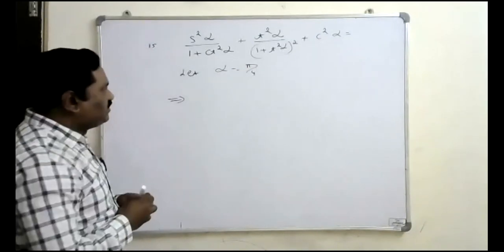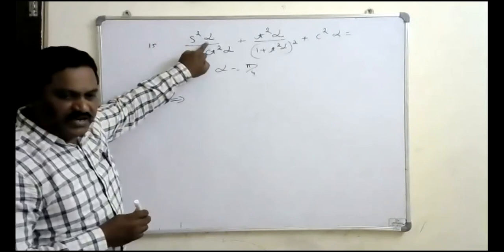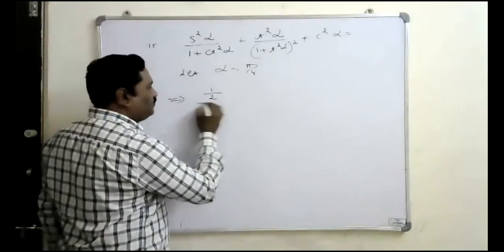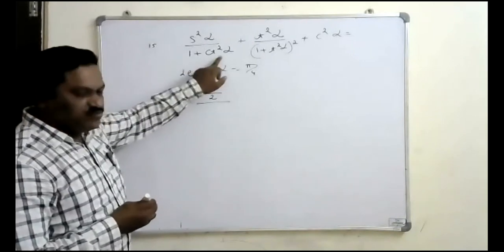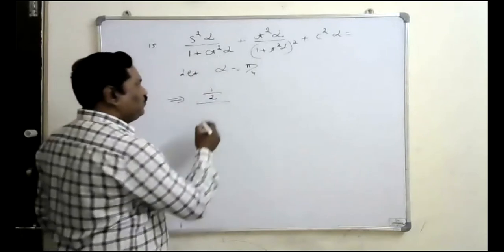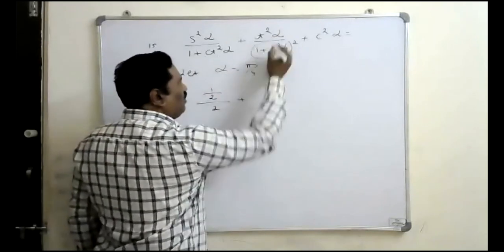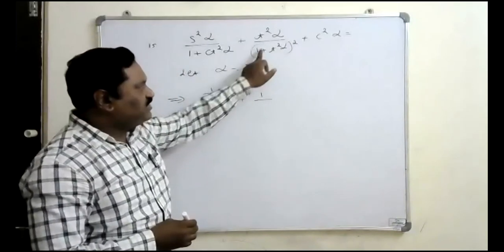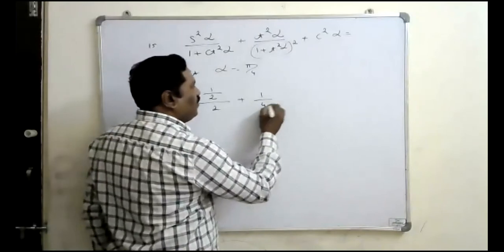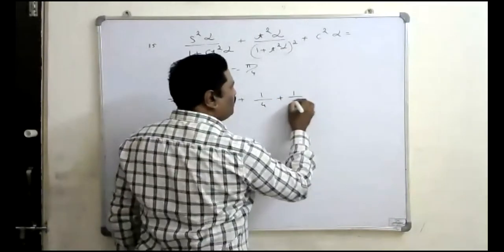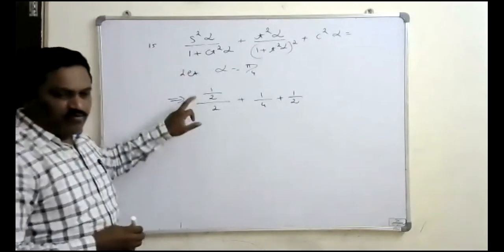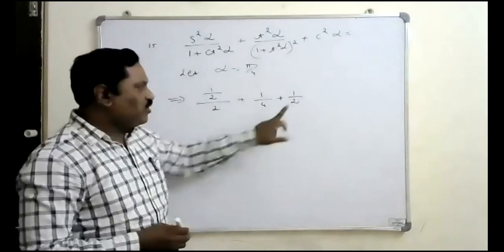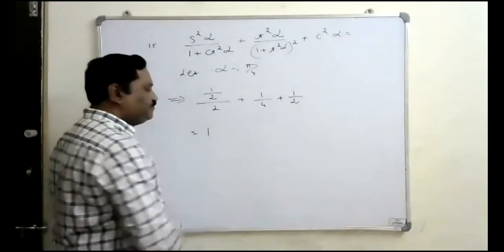If you substitute this, sin pi by 4 is 1 by root 2, whole square means 1 by 2, upon cot 45, which is 1, so 1 square plus 1, that is 2. Plus tan 45 is 1, 1 plus 1 is 2, 2 square, which is 4. Plus cos square 45, which is 1 by 2. So 1 by 2 by 2 is 1 by 4, plus 1 by 4. That is 1 by 2 plus 1 by 2. So the answer is 1.